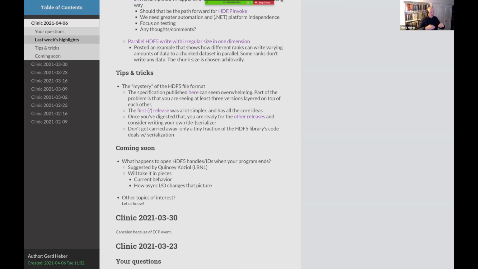But then this takes on a whole new life now with asynchronous I/O, where you basically have these event sets where you can bundle together multiple I/O operations. And let's say an error occurs or the program shuts down, what really happens to these handles, and what are the implications